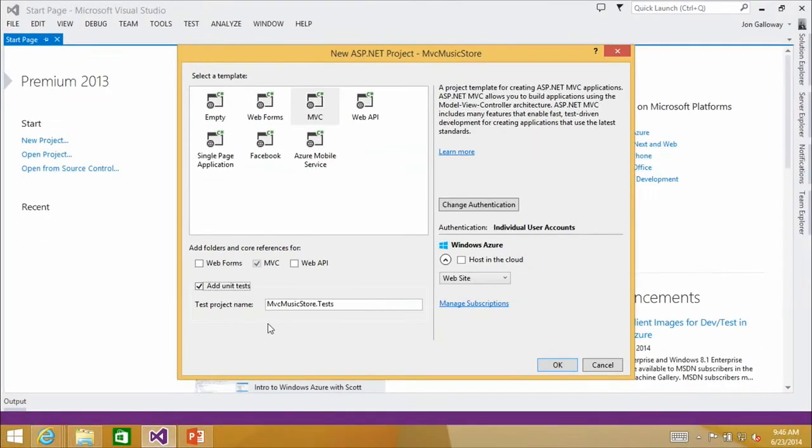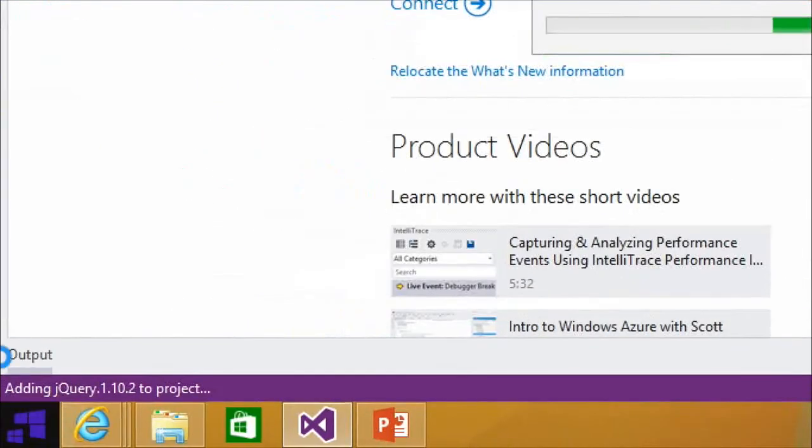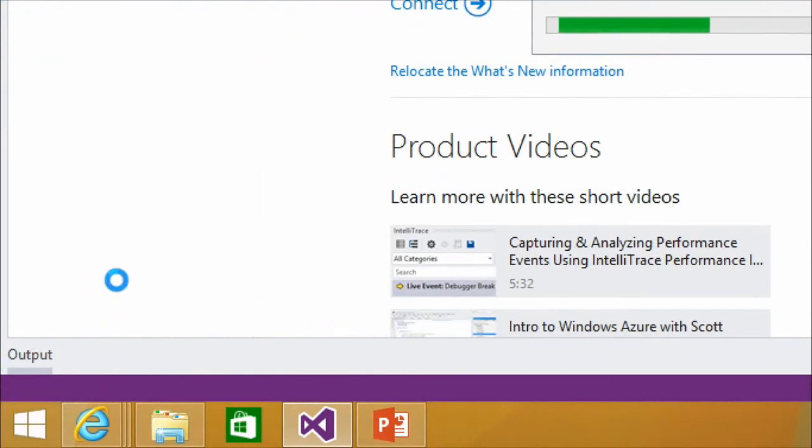Exactly. So it's not a big deal. Just check the box and you kind of get started in the right direction, right? So I want to point out one thing that's going on here, and that is, as this application is spinning up,